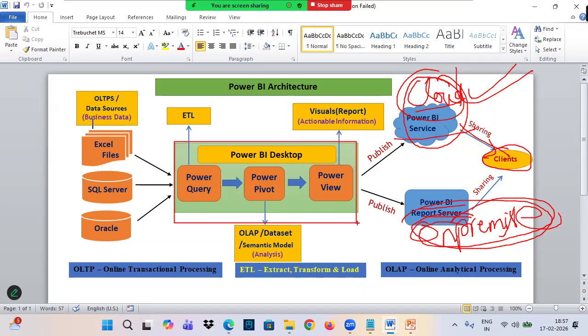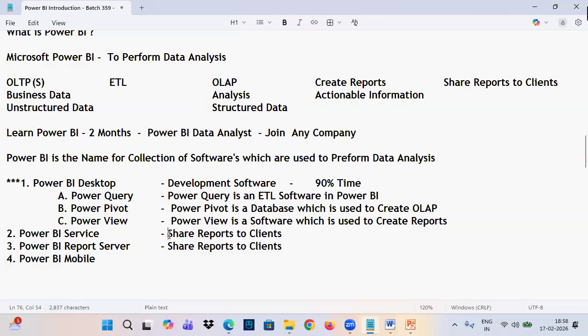Whatever report we created in Power BI Desktop, we will move that report to Power BI service. From there, we will share with the clients. Or else we can move it to Power BI report server and share with the clients. 99% of the companies are using cloud. 1% of the companies are using on-premise. Let me write all these points here. Power BI service is an Azure cloud-based server or software,